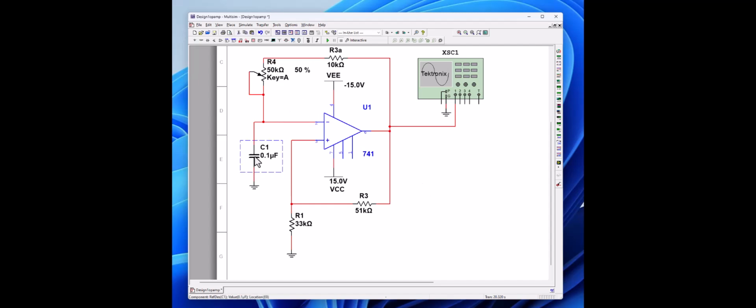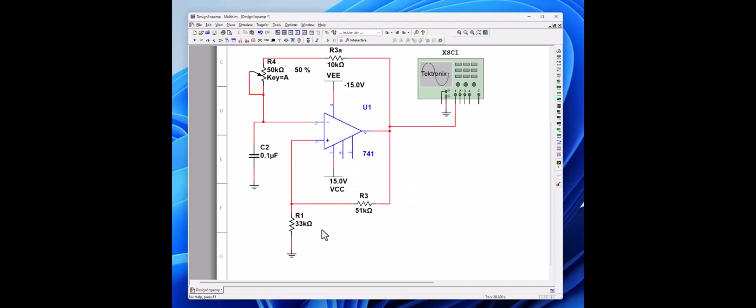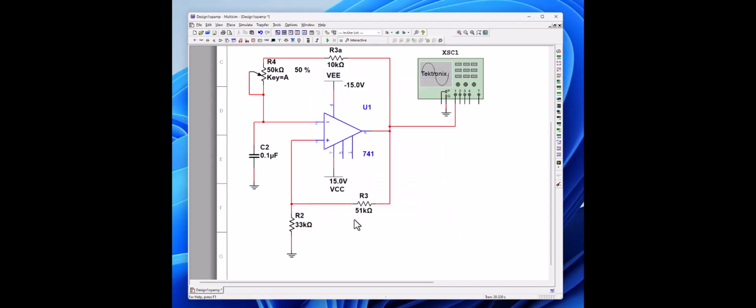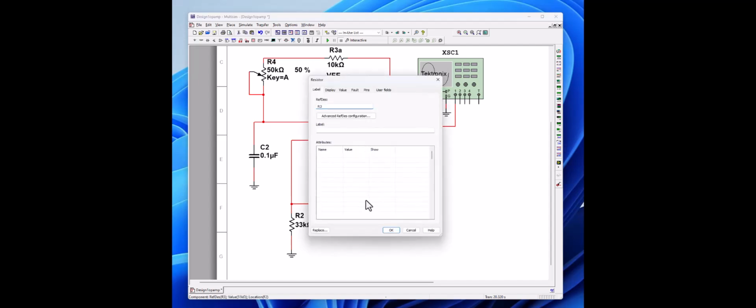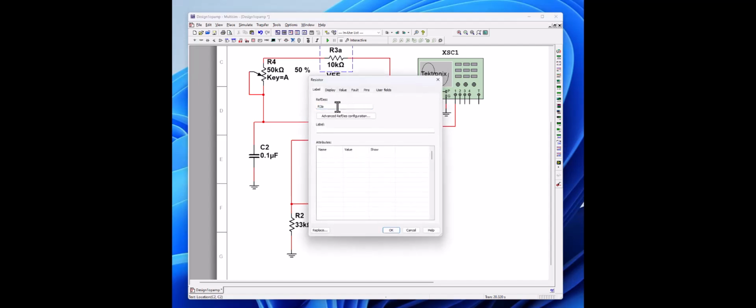So this should be C2. Don't know what happened to C1, but that's okay. And this guy's R2. And this guy would be R6. And let's see, we could go ahead and change this guy right back to R3. Get rid of the A. Good. And it looks like our